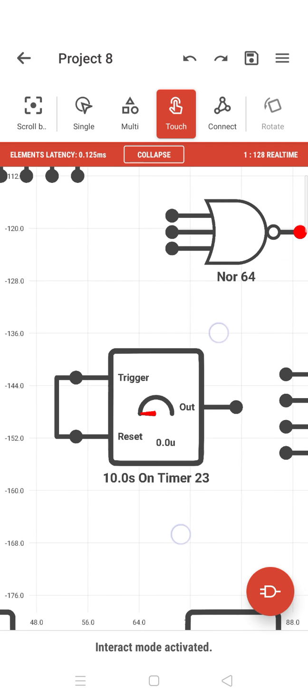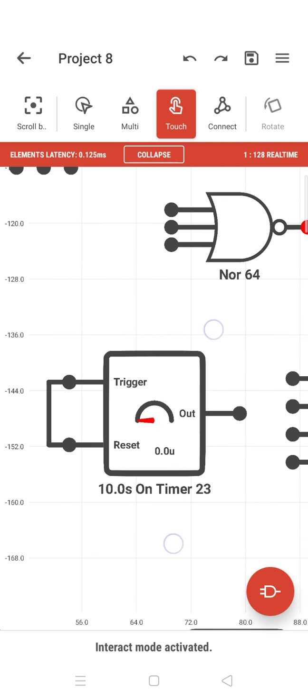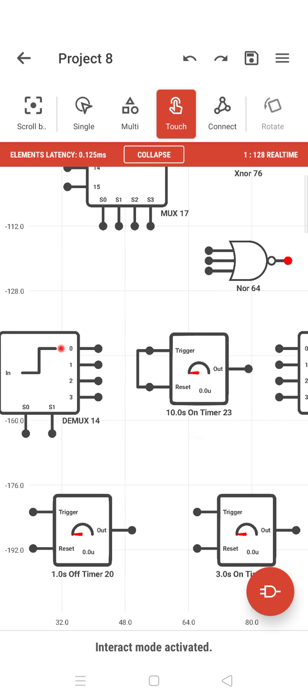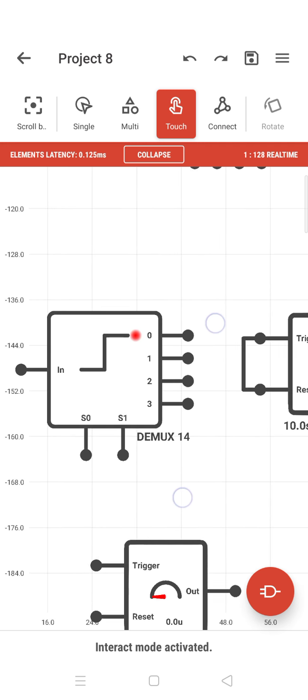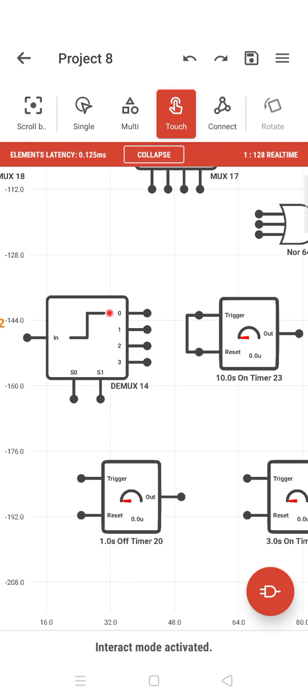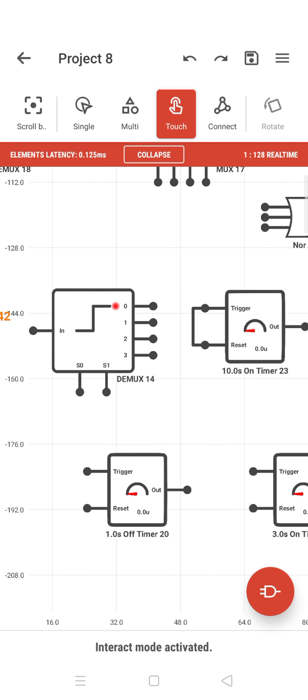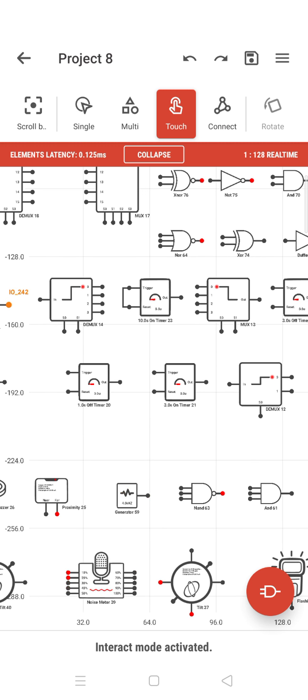This is the timer. You can trigger and reset it and you get an output. It just keeps on producing cycles of time. This is a demux. A demux is a kind of circuitry which does the mux in reverse. When you give an input of 0, it will switch from here to the next circuit, then the next, and it will just keep on connecting like that. So that is called a demux.